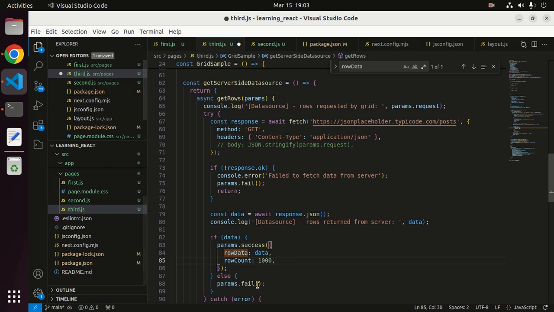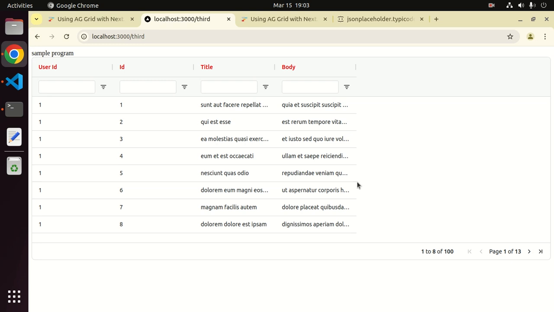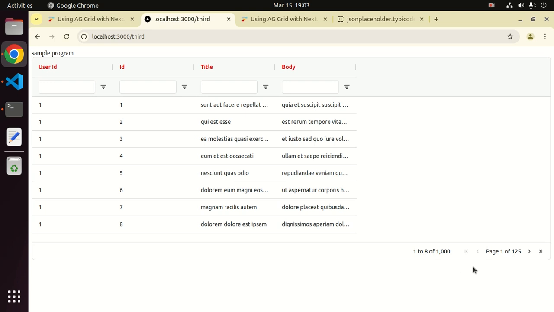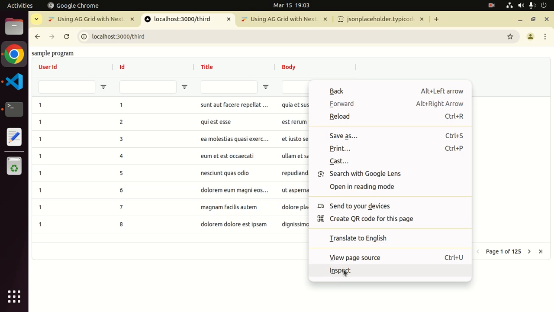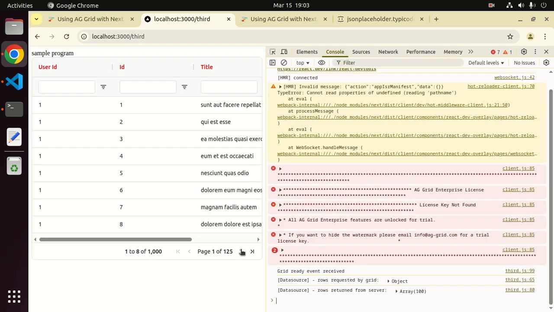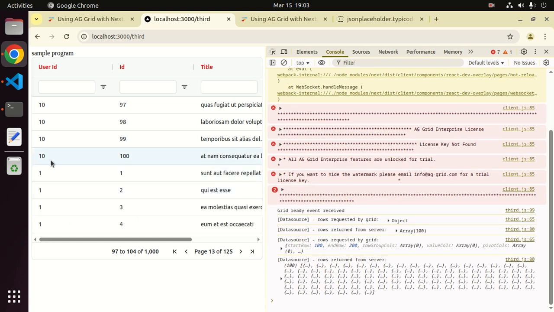So when we move to the next pages, you can see a request is automatically being built. I'm going to the second, third, fourth, fifth, sixth, 7, 8, 10. You can see that after 100 rows are created, it is calling the function,